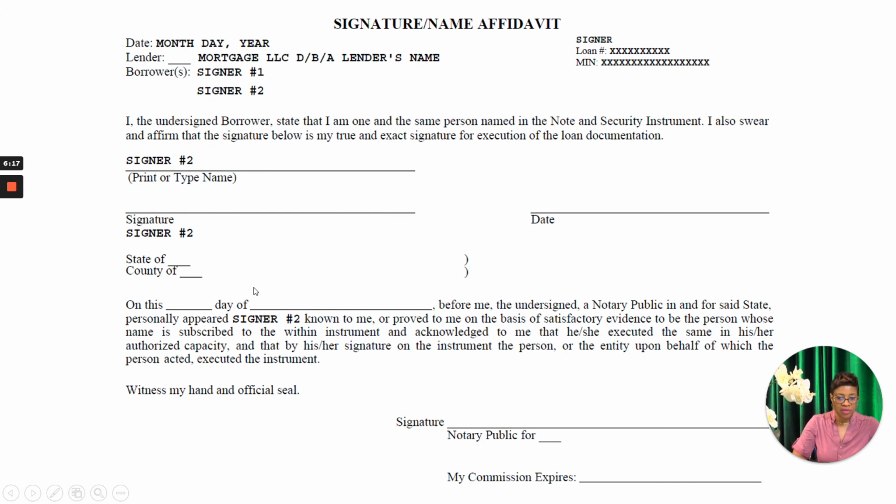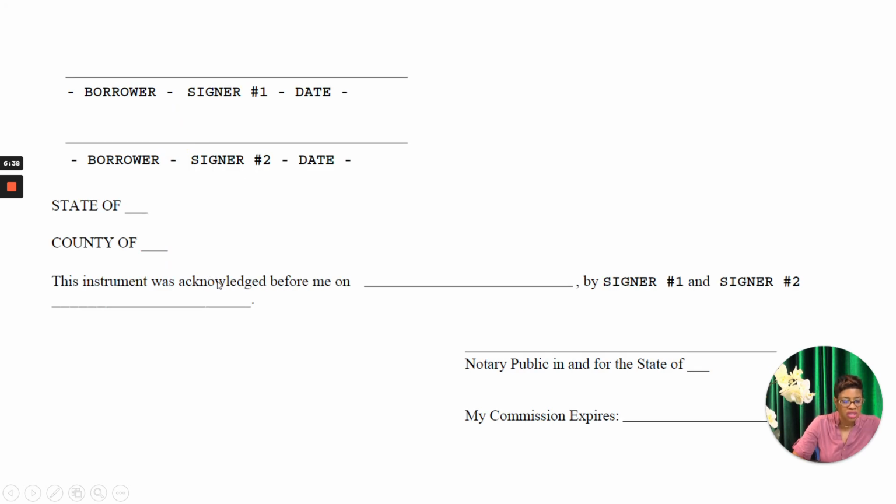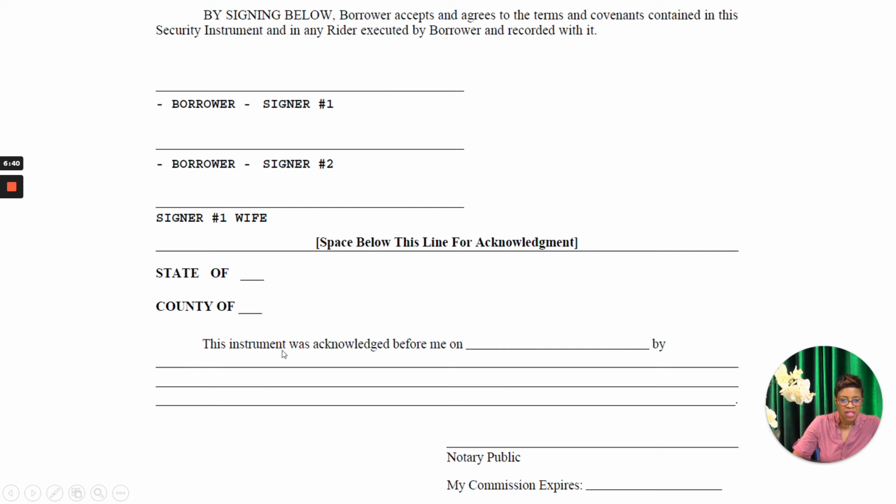Let's go back to the previous one. So it said, before me, personally appeared, proved on a satisfactory basis. Right? Let me see where it is. And I affirm. Right? So that's an affirmation. This is an acknowledgement. This instrument was acknowledged before me on, you put the date here, by, you put their